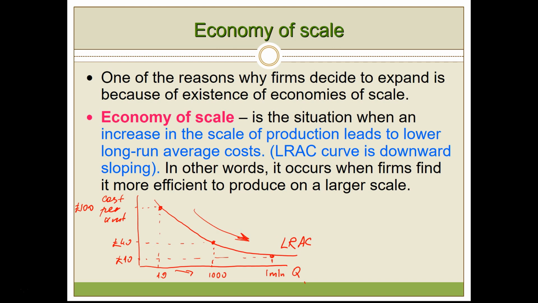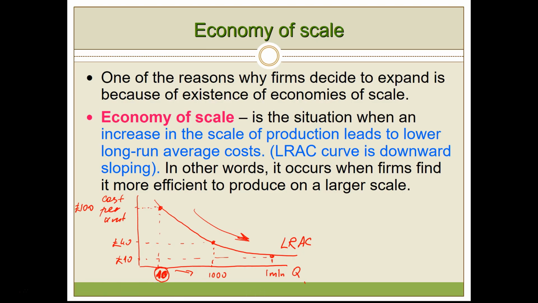Think IKEA. IKEA is a very good example of a company which benefits from scale economy. If you want to start producing furniture, you would probably operate on a relatively small scale. You can start making, let's say, desks in your own workshop. How much would it cost you per unit? Because you are operating on a small scale, you will be placing relatively small orders. You will be buying materials probably not from the cheapest suppliers. You will not be able to enjoy bulk discounts. You will not be able to purchase some specialized machinery,